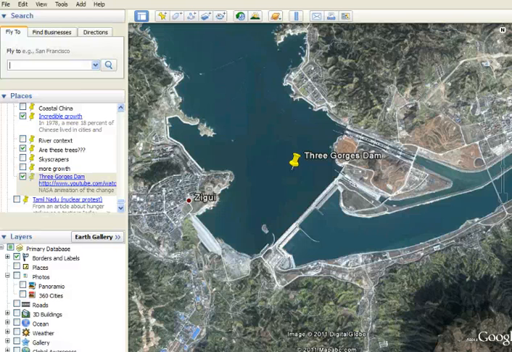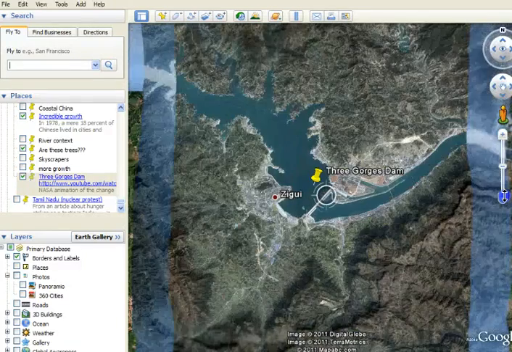But the question, particularly for folks who live downstream, is what happens if this breaks? And for folks who live up here, who